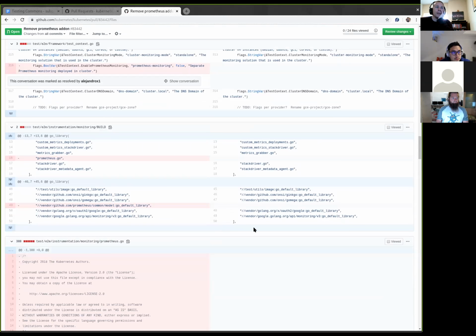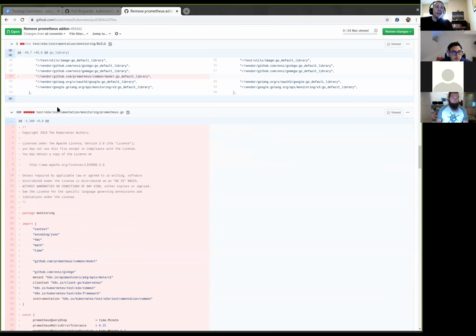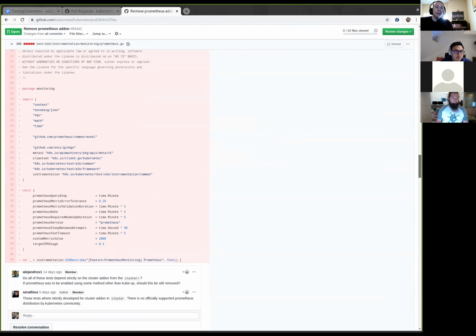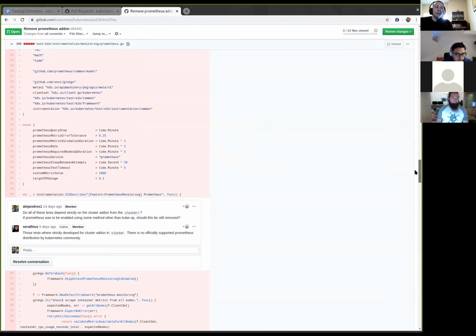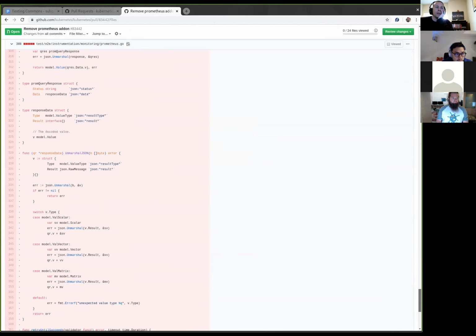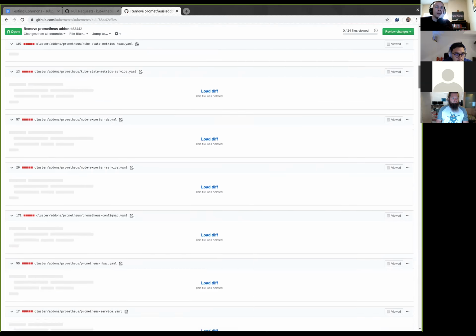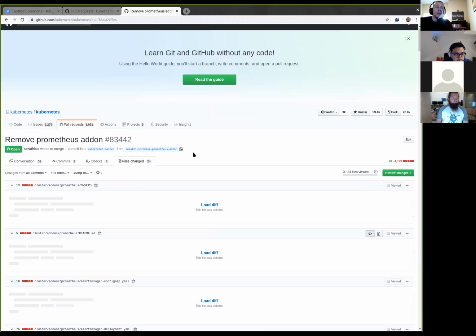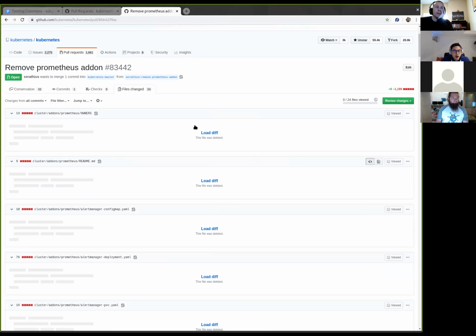So the big question is, if the only people that are using this are the people from SIG instrumentation, should we just get rid of everything that mentions Prometheus in the test framework, or should we keep it? And the other one, it needs approval because they're actually changing the test framework.